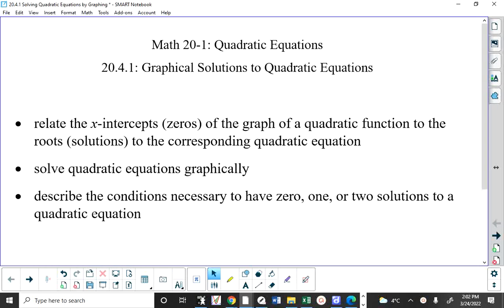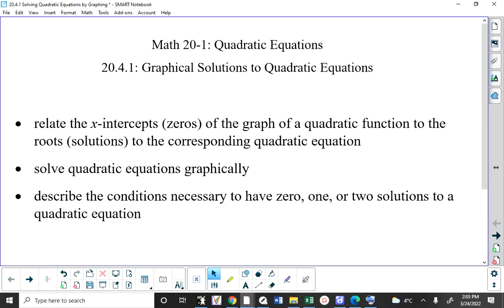One of the ways that we can solve a quadratic equation, whatever it means to solve a quadratic equation, there are many ways to do it. We can solve it by using a graphical approach, which we're going to look at today and tomorrow. We can solve it by factoring, which turns into an algebraic approach. We can solve it by completing the square, which is also an algebraic approach. And we can solve it by using something called the quadratic formula, which is this cool formula that will solve